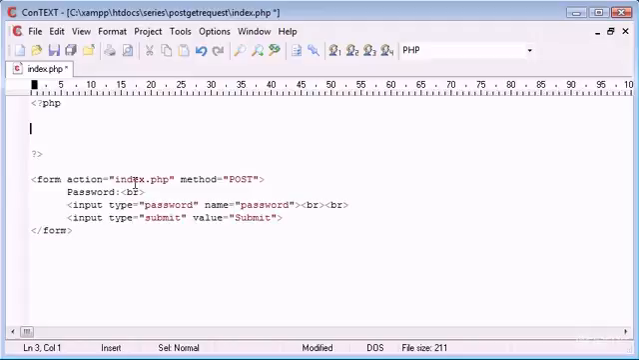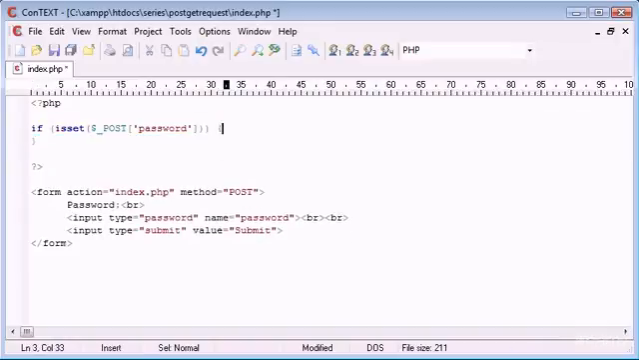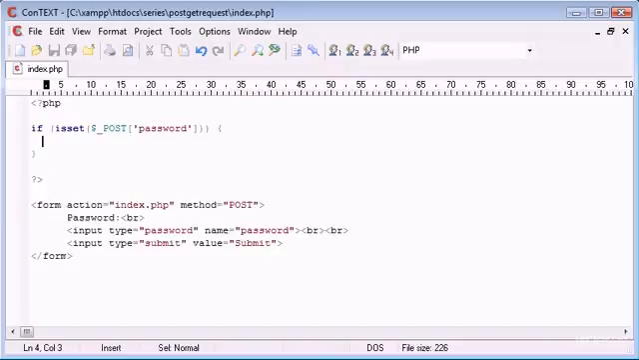We can again check that the form has been submitted. So we say if isset, and we say $_POST, this time password. We execute in this block here. So if we've submitted and the password has been sent, or the form field data has been sent, we now need to grab that. So I'm going to say $password equals $_POST